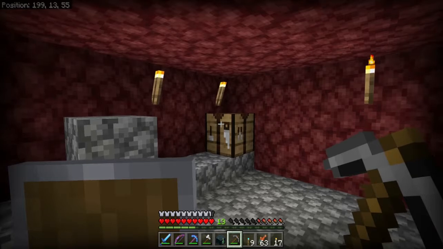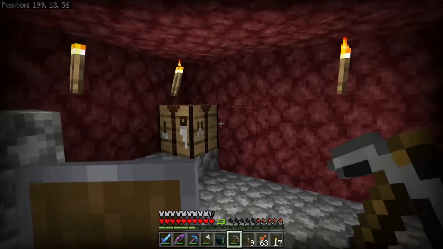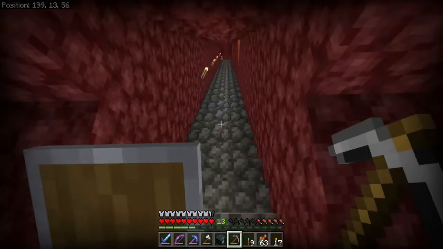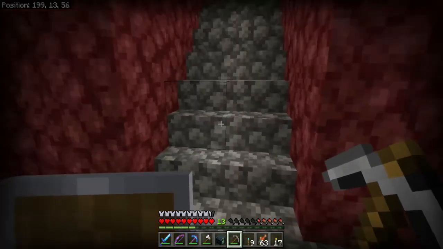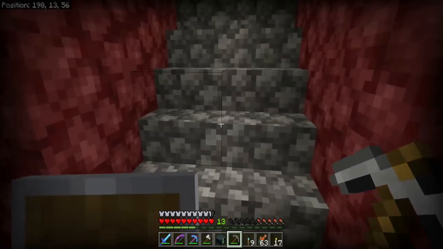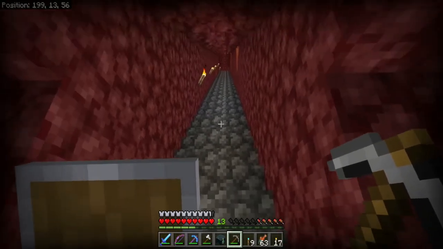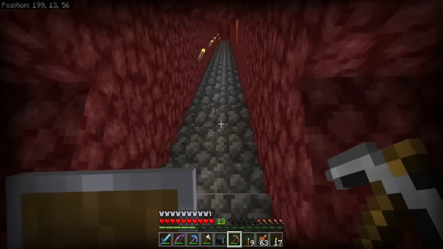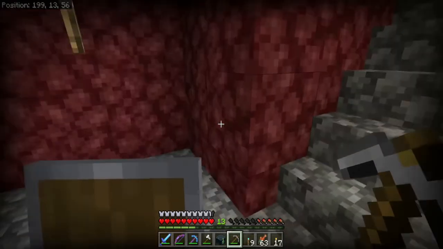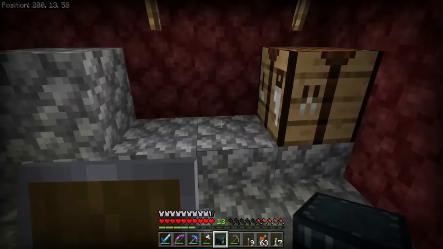Now that we're down at Y level 13, let's go ahead and set up a little bit of a base camp. Real quick, while I was off camera, I decided, since I dug down, to take some cobble and build an actual staircase up. That will save us a lot of hunger as we go. Even though you can see that my hunger bar is just digging down here, it ripped through my hunger bar pretty fast. Now we have a crafting table here, and let's place our